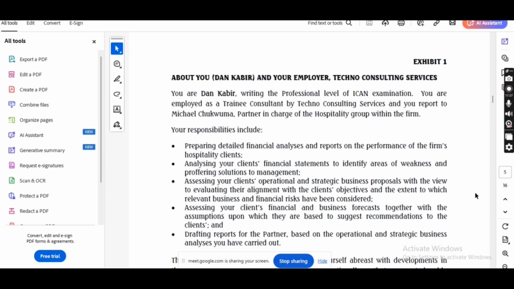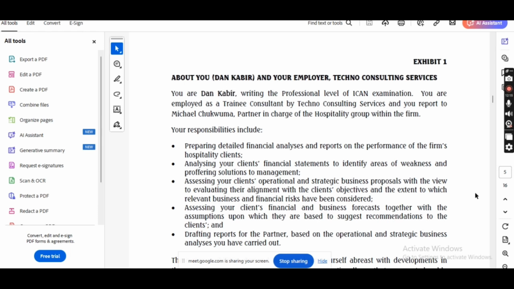Definitely, you'll be given some assumptions, like sales will increase by 5% in the next 2 years or in the next 5 years. It's an assumption. What if the sales did not increase? So these are the things you will state in your report, upon which they are based, to suggest recommendations to